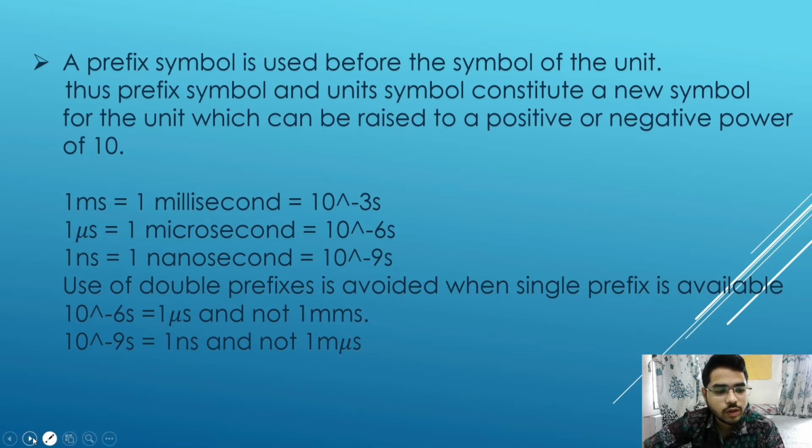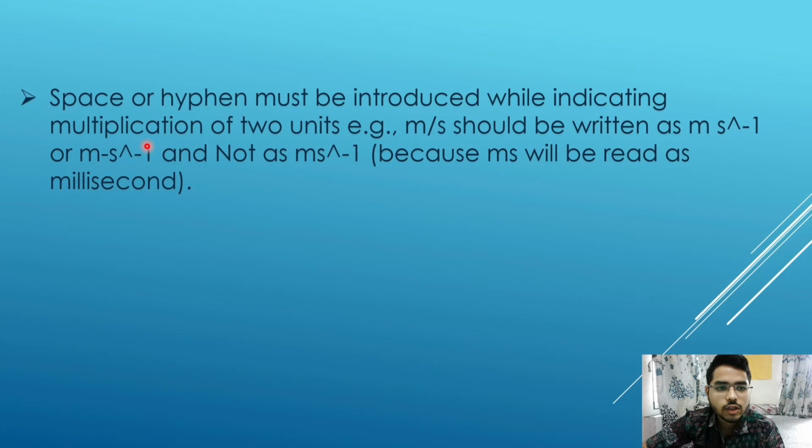So now turning to the next slide. In short, we have to use only a single prefix, not a double prefix, in only one unit. So turning to the next slide, space or hyphen must be introduced while indicating multiplication of two units. That is, for example, meter per second